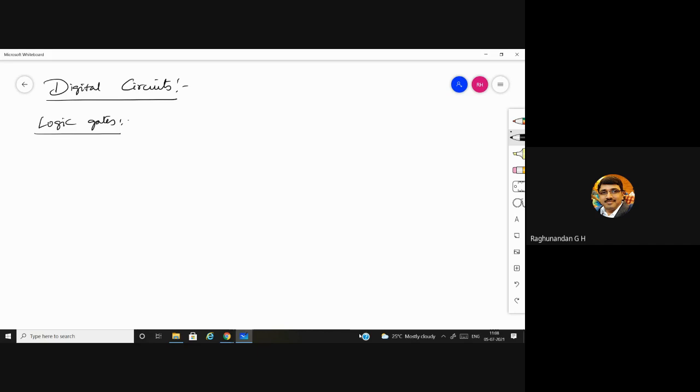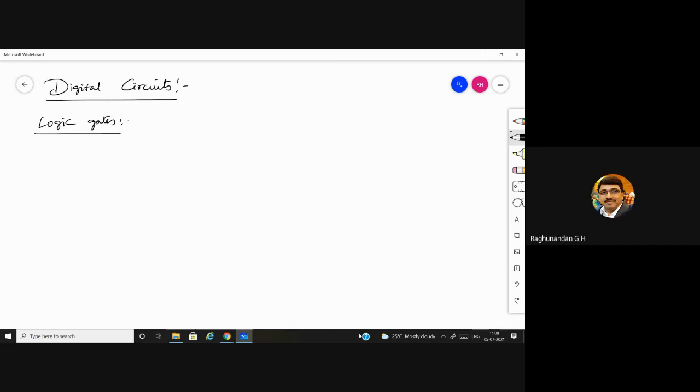You can just imagine if you want to store 1 GB of some data, how many such flip-flops are needed? 1 gigabyte we are talking about. 1 byte is equal to how much? 8 bits.